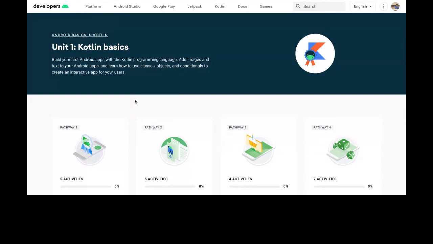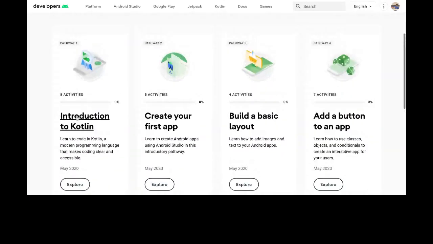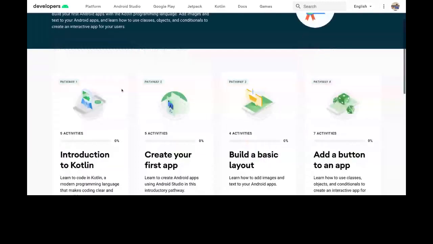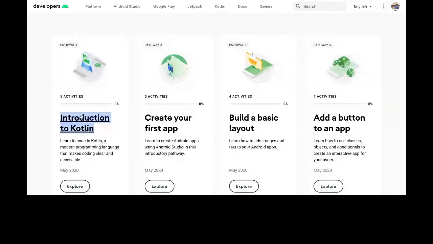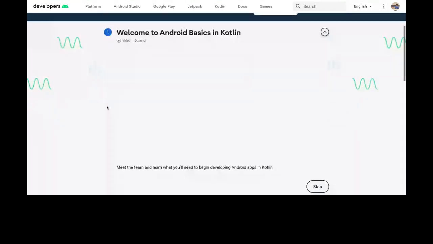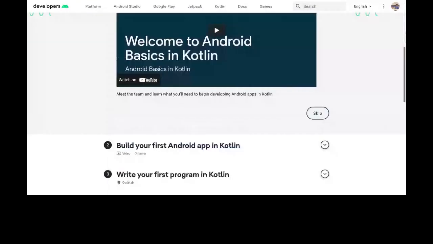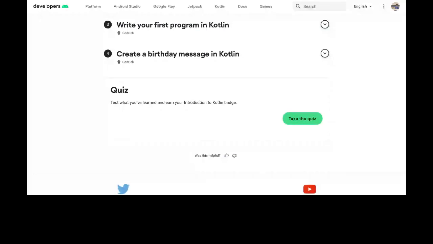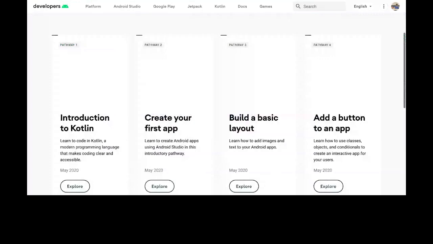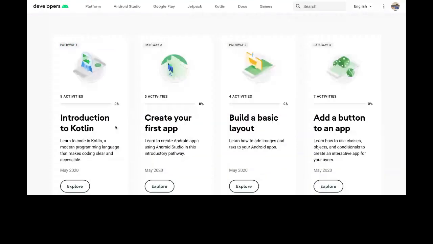Yeah, so chapter one, this is unit one. In this unit, there is an introduction to Kotlin, where you will be learning all the stuff about Kotlin. This is a pathway, so you will be learning Kotlin through these codelabs and videos, and this is pretty interesting.